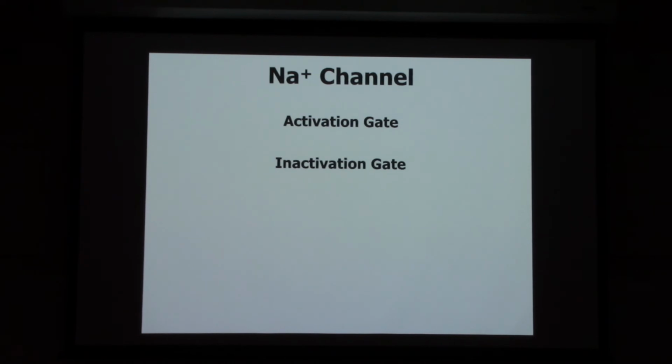So there are these two gates, and they're going to respond to the same stimulus, but they're going to respond in opposite ways. So when one's opening, the other one can be closing, and vice versa. And they do it at different rates. So what I want to do is walk through each step of the action potential and keep track of what position these gates are in. And that will help explain how depolarization can cause the channel as a whole to be open and then cause the channel as a whole to be closed.